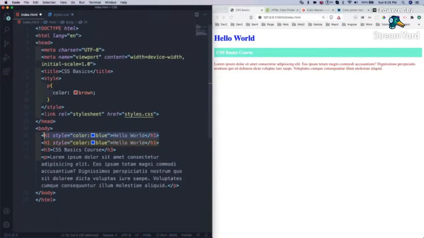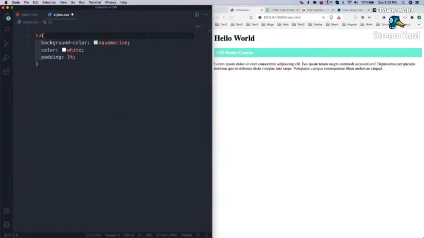I will comment this out. This is the way we comment in HTML, and I will comment this out only, because from now onwards we are going to work on the style.css. So I have commented it out, and both of them have become like this, meaning the original thing. So let's just go ahead.